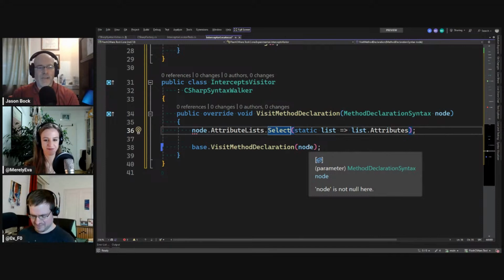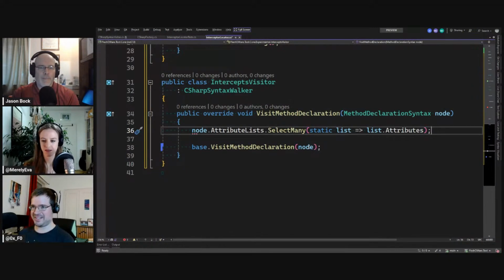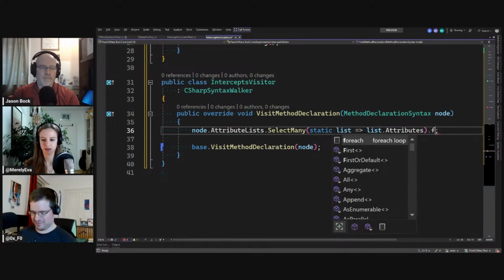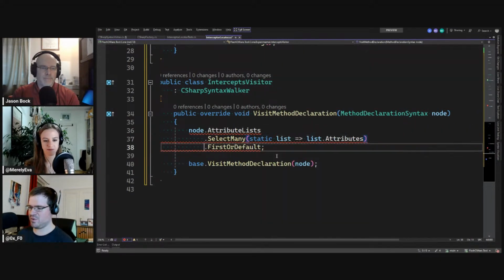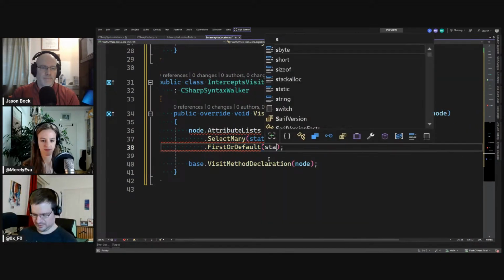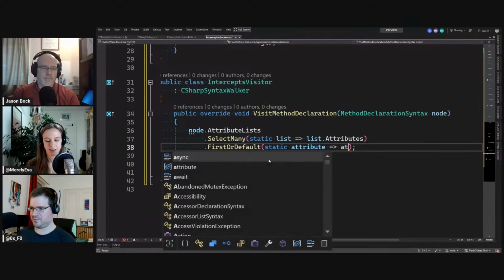And I think it's not the first time that I'm actually using select many, because we are selecting a list, or we're selecting elements that have a list again. And from that, let's try to find maybe the first or default. Let's put some new lines in here where this attribute is something.